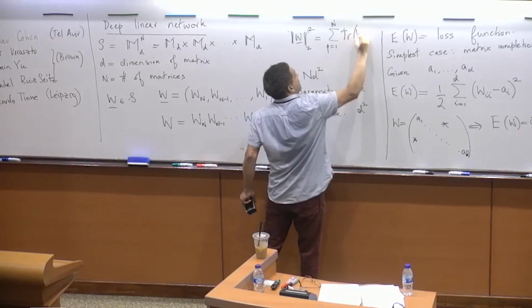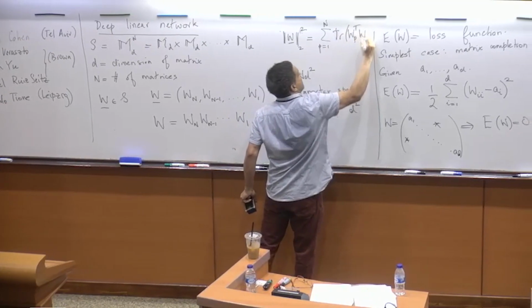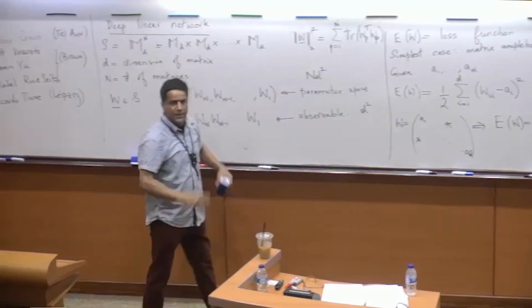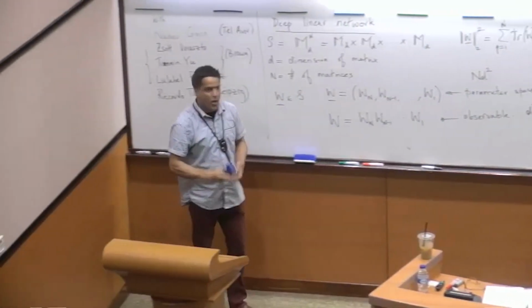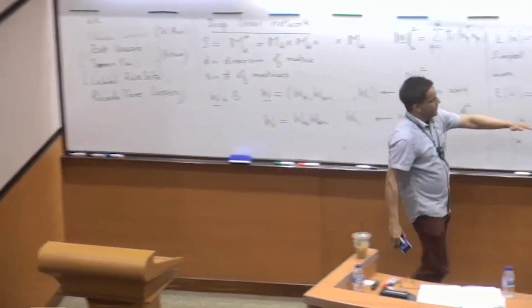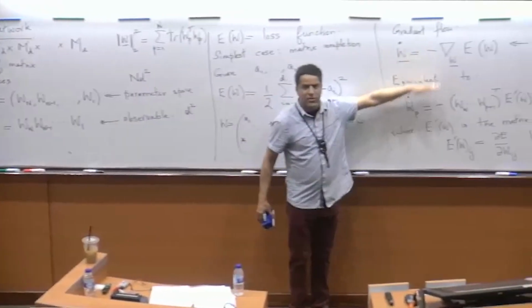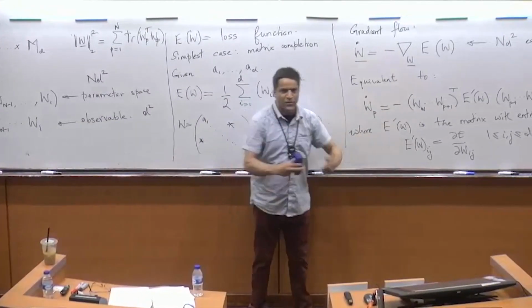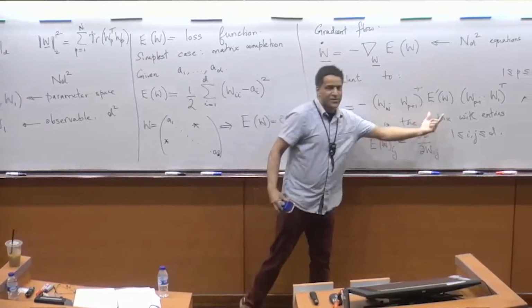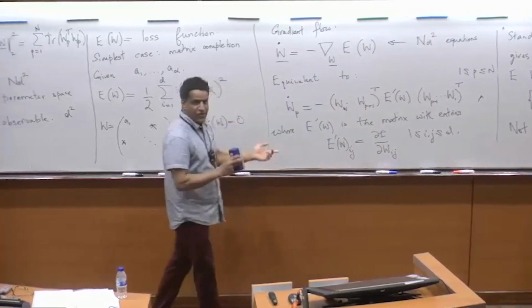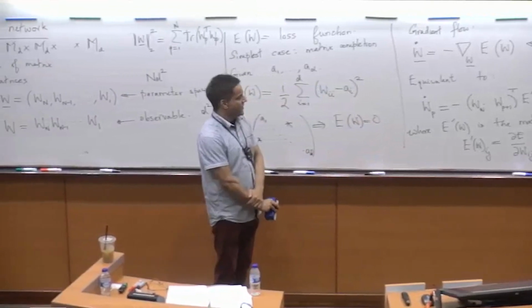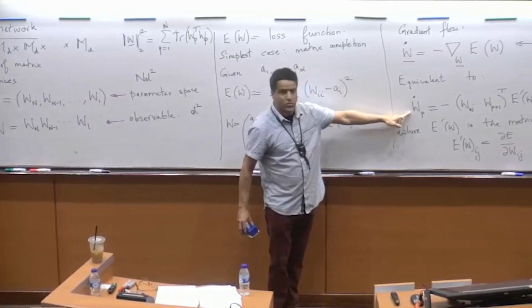Trace of W P transpose W P. So, simplest possible norm that you can take. This is literally 3 lines of calculation, but you have to get your indices right just to come up with these factors. And actually, let me state the point I forgot. One of the things to note over here